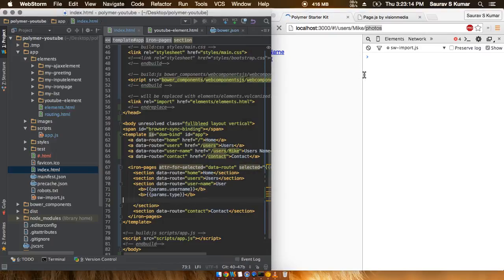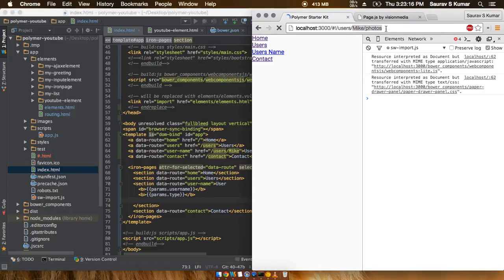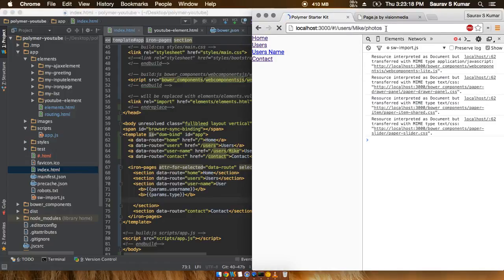and we are displaying the output of whatever both the things have been passed. I'll wait for this to complete the reloading.